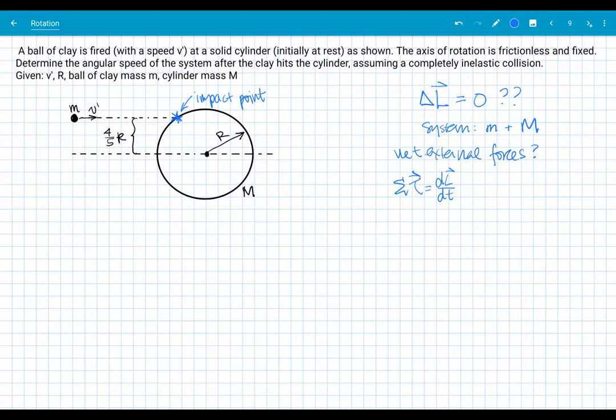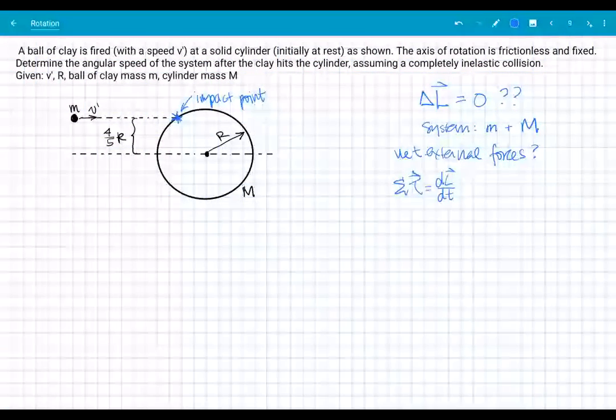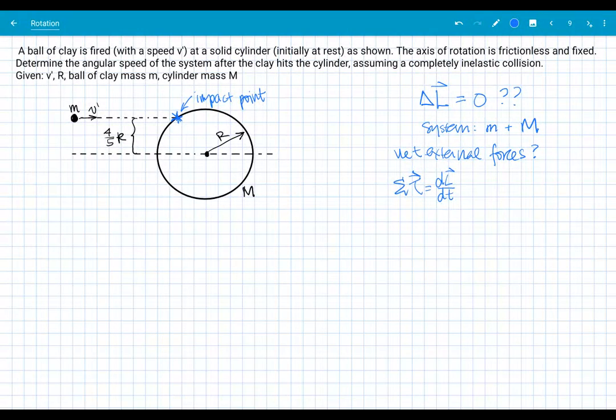So what this means is that I need to look at the angular momentum before and after the collision. You set these problems up just like you set them up for linear momentum. If you remember, you looked at the instant before the collision and the instant after the collision. You want to close that time window down nice and narrow for using this tool. In this particular problem, we're not looking at any other process before or after. We're really only looking at the collision. It's a very short analysis window. So if I look at my initial